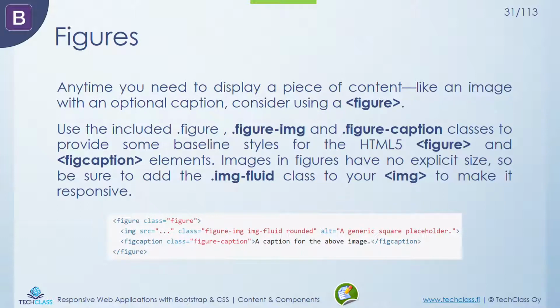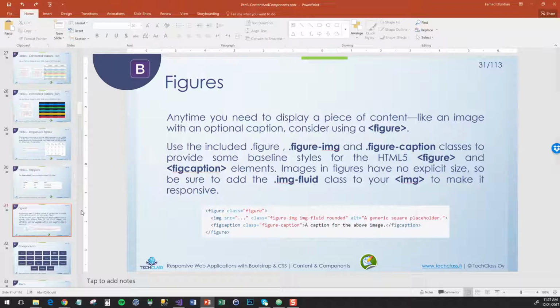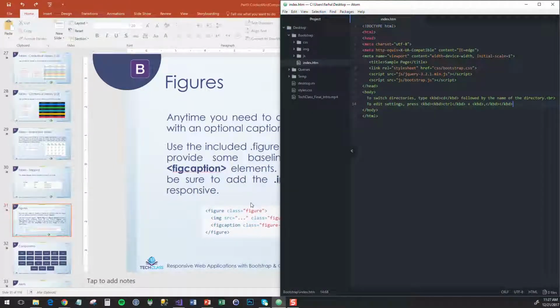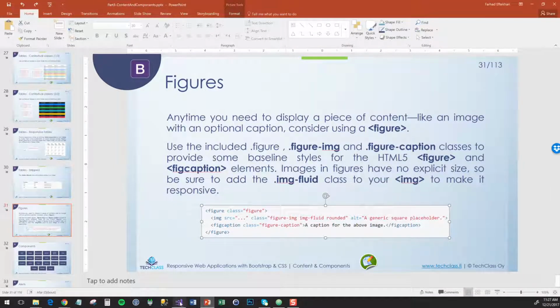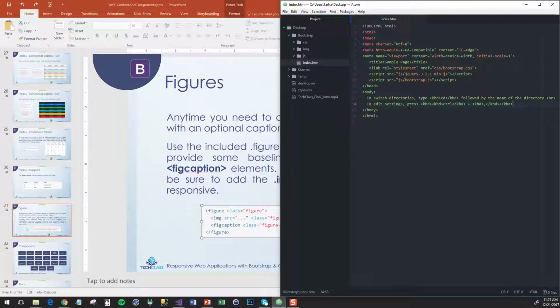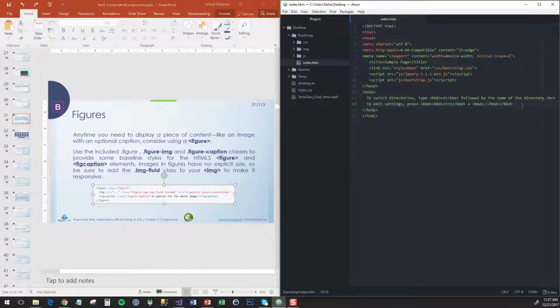All right, now the last topic for this content section would be figures. Sometimes you have images and you want to make them act like figures with the text next to them. So let's see how we can bring back the image that we were using in the previous part of the course. I'm just going to use this code here. So we have figure, the class needs to be selected as figure as well,